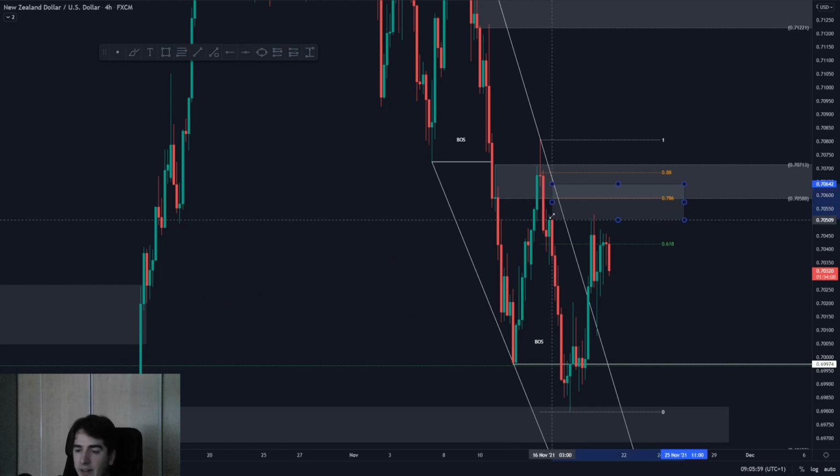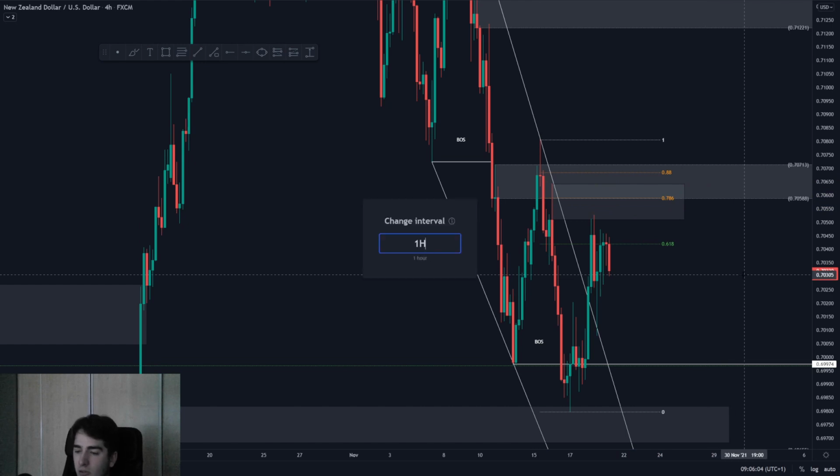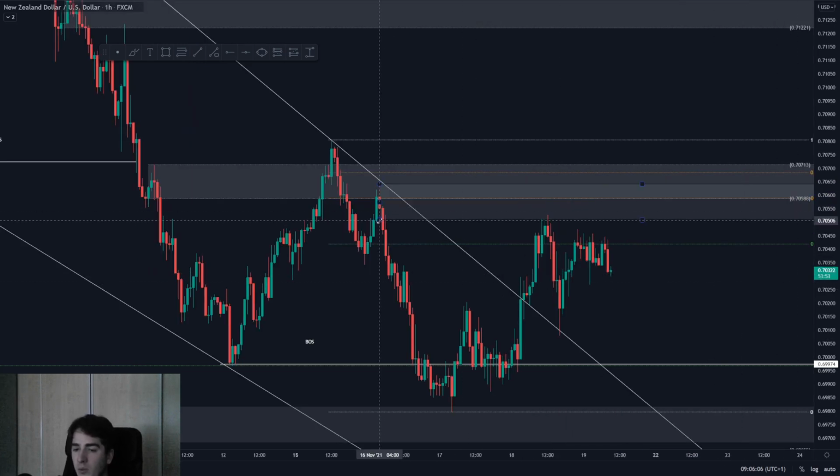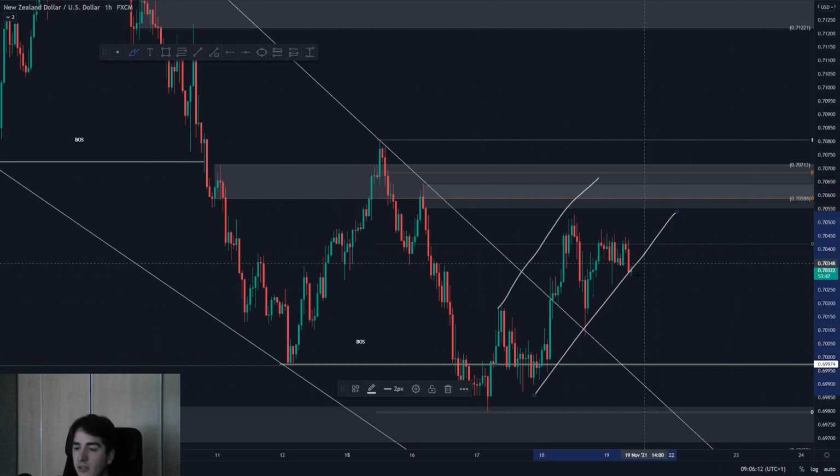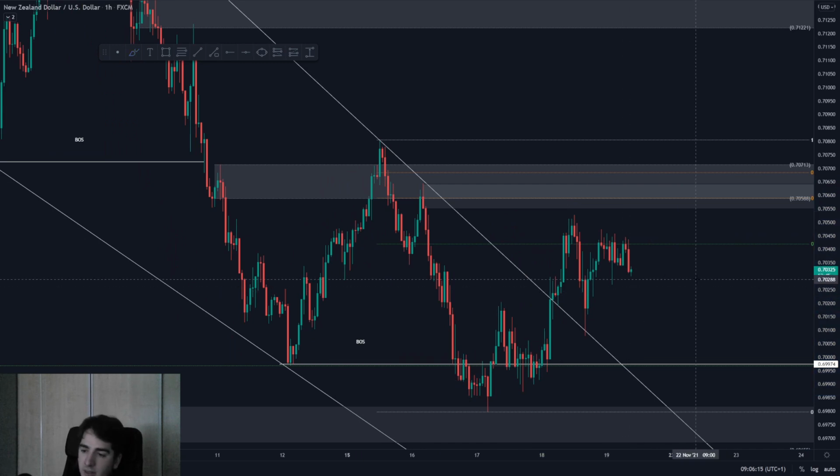Because this wick over here, you could view that as a 4 hour supply. As you can see, we also hit that supply and then reversed back down towards the downside. But looking at the 1 hour, we had 1 hour supply just a little bit higher, just missed it. So yeah, no trade for me personally. But yeah, Kiwi dollar is also looking good for a push down lower, in my opinion, after this ascending corrective